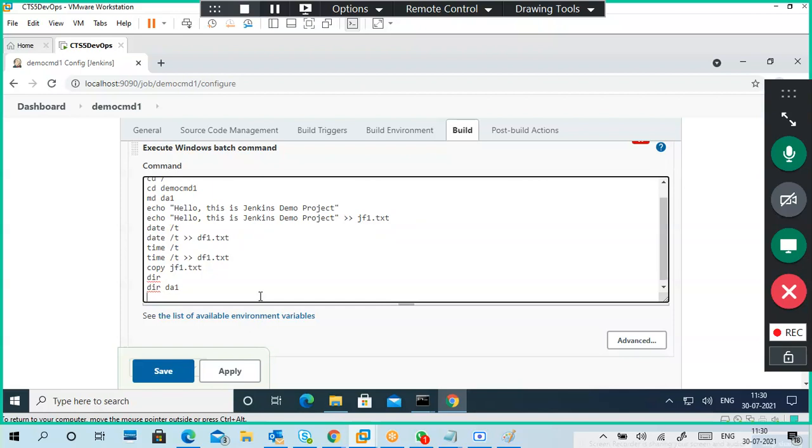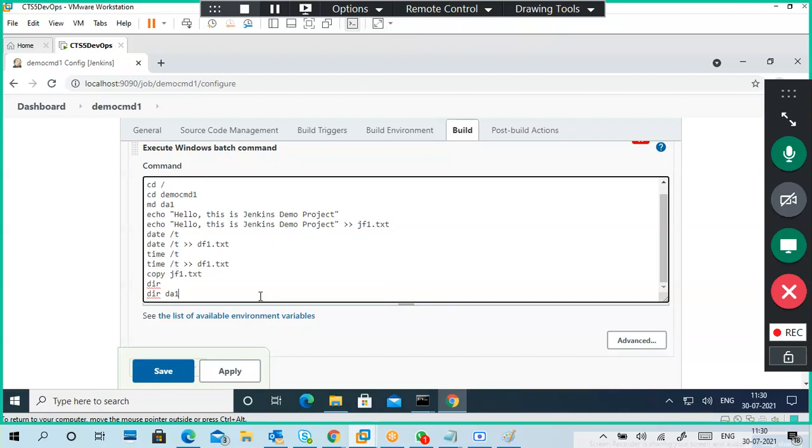Next type, type is not required maybe. type JF1, it becomes a big one, so no. I'll go to the next one only. So that is enough.